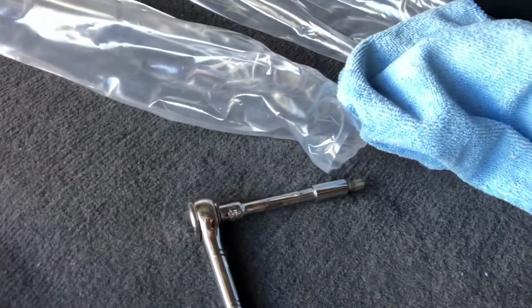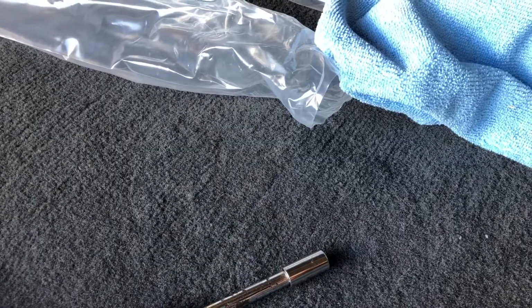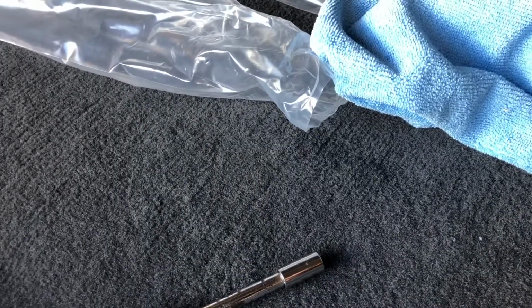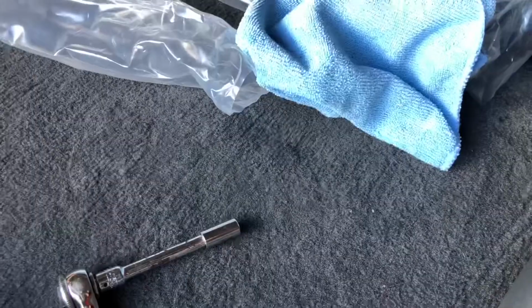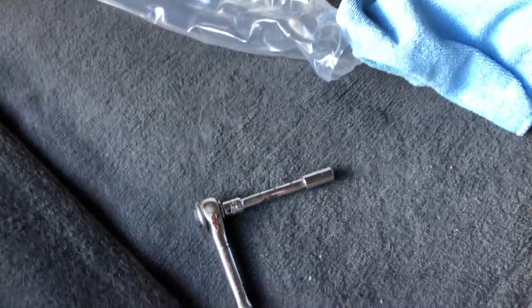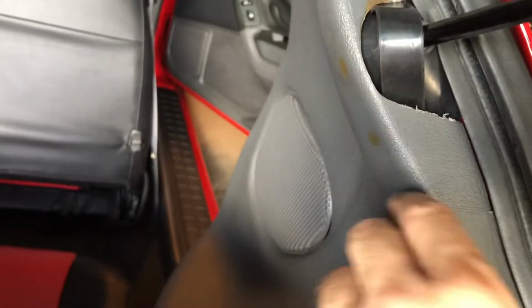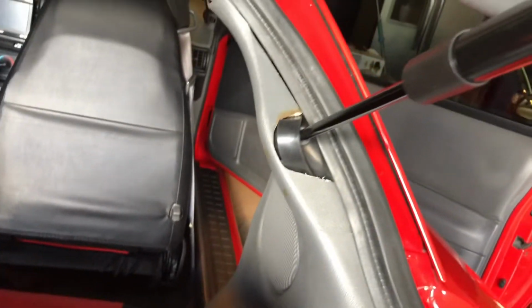One of these, which is, let's see. I cannot really see the number on it, but I'm gonna try to do some research and see what number you need, which is a screen there. I did this one,